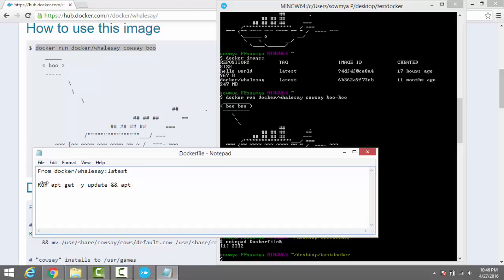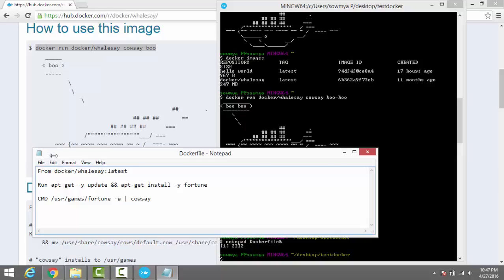And we add the fortune program to the image and use this command: RUN apt-get update. The fortune program has a command that prints out a wise saying for our whale to say. So the first step is to install it, and next the command is CMD /usr/games/fortune. In that, the image has the software it needs. You instruct the software to run when the image is loaded. That's why we write the last command, and after that we save this file